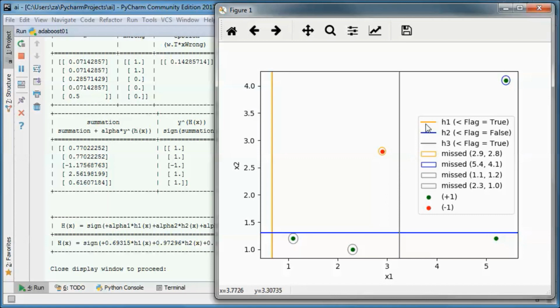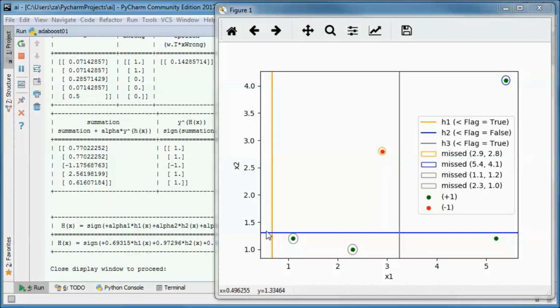And this is H1, and since flag is true, data to this side is classified as -1, and to this side as +1. So this data item was misclassified.